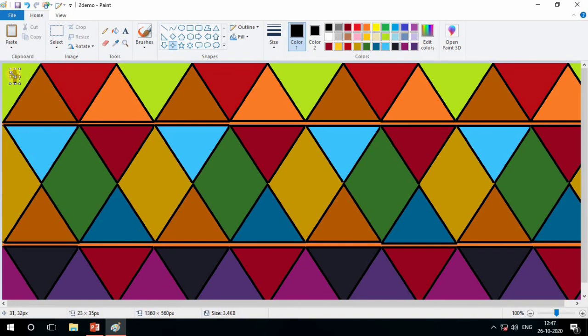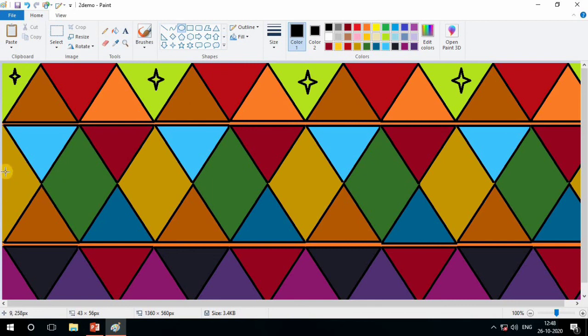Now paste, select. You can see here I am drawing the star with different sizes. So our picture looks interesting again.